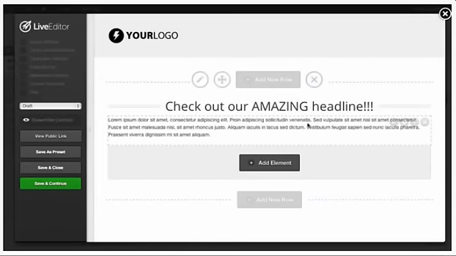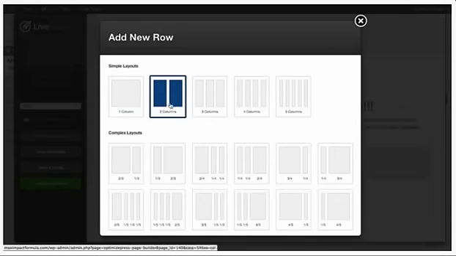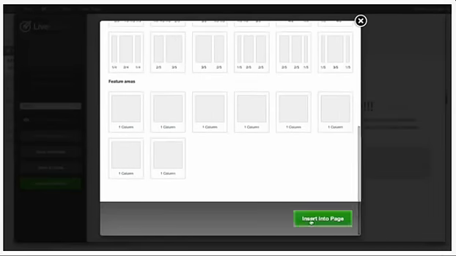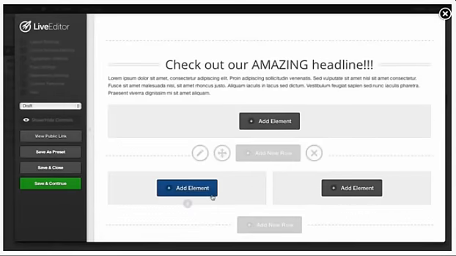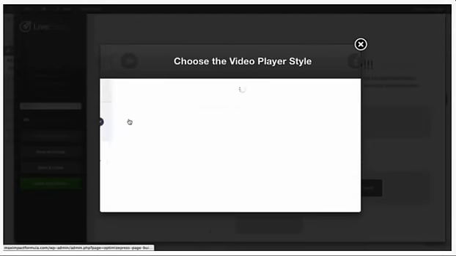Let's add another row here. We'll add a 2-column row this time. Scroll down and click Insert. So now it's showing us our 2 columns. And on this side, let's say we want to have a little video. So I'll click on Video Player,